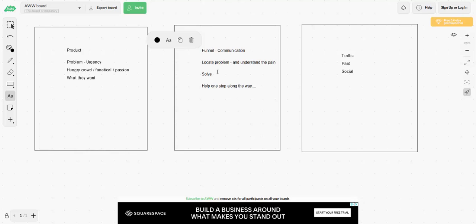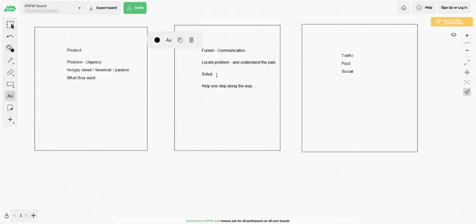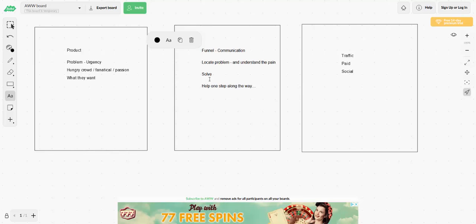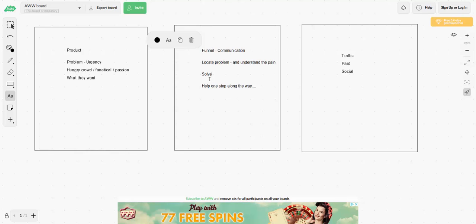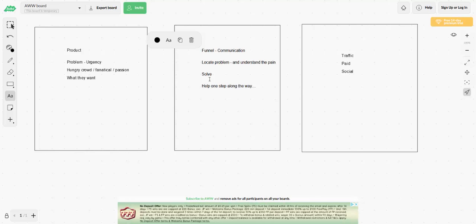You need to solve it, but here's an important thing about solving the pain. As you're selling a Clickbank product, the product's job is to solve the problem completely. Okay, so if you were selling a how to lose weight guide, you don't have to rewrite an entire guide and give it to them for free, but you need to solve one piece of the puzzle, if you will. Okay, I'll give you an example. Let's say I was selling a product which is how to get six-pack abs. Solving one part of the problem